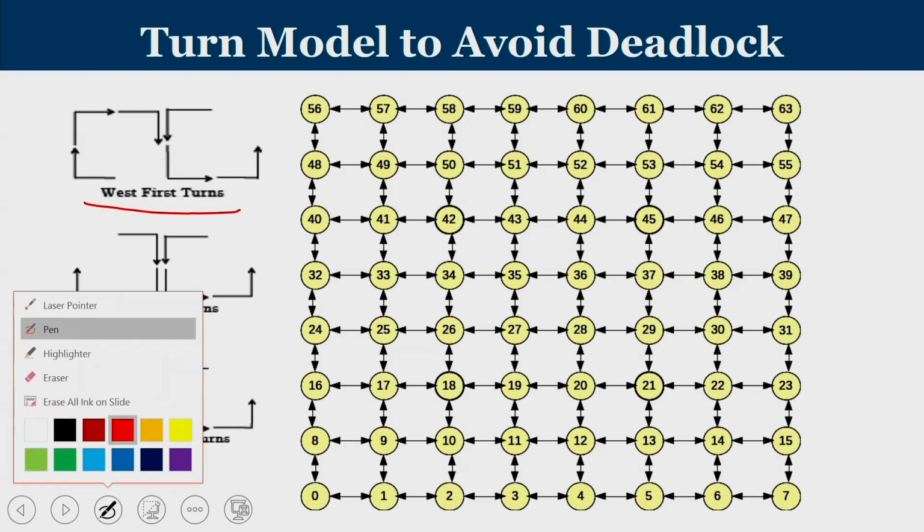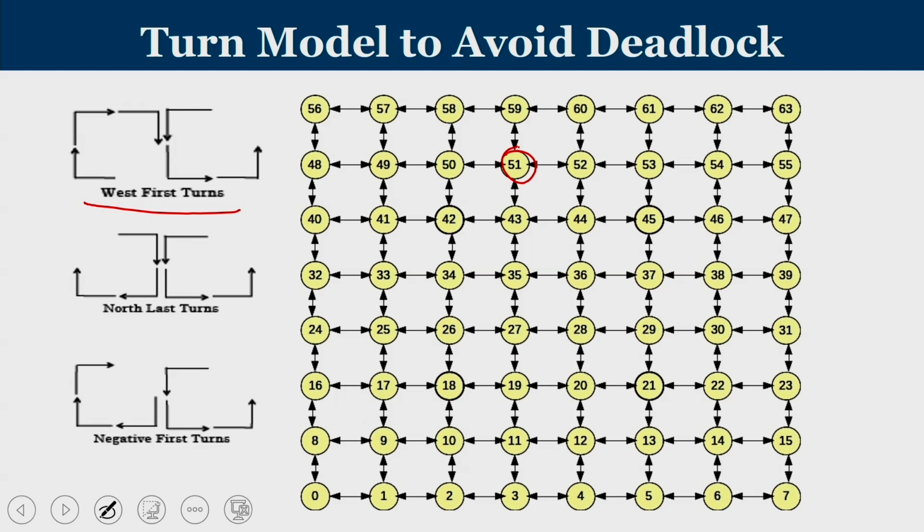Consider the case where we have a packet that is moving from 51 to 62. Since it is north last, I have to travel in the east direction and then take north at the end. If there is something from 42 to 19, here the destination is in south of 42, so there is no restriction at all. If at all you travel to north, then travel last. Since I am not traveling to north, I can take this path, I can take this path. So different packets starting from 42 traveling to 19 can take X, Y and YX all combinations. There is no restriction in which column you can take Y, which column you can take X, as far as north last is not violated.